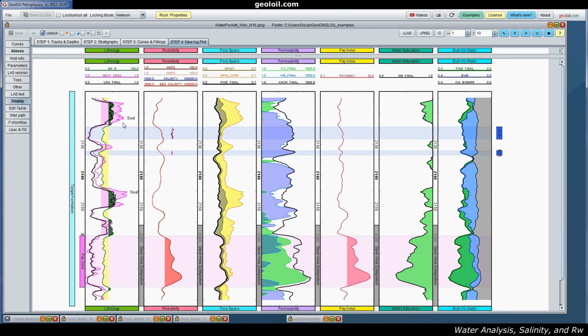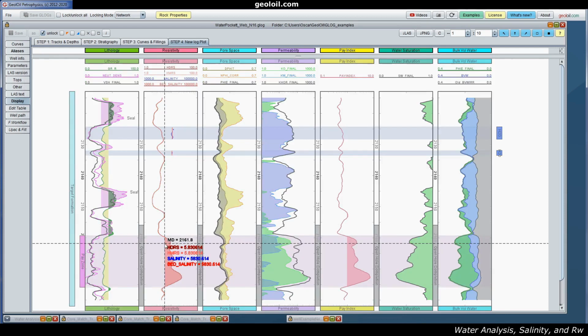So you have to identify water bodies that are reasonably clean, like these ones, and also you expect or know in advance or suspect that they have water only, no hydrocarbons. You explore the resistivity curve, resistivity track, and here the deep resistivity. Well, this is a well with very low resistivity. Beyond 5 or 6.0 ohm-meters, you can consider basically a threshold for pay and non-pay in this particular well.